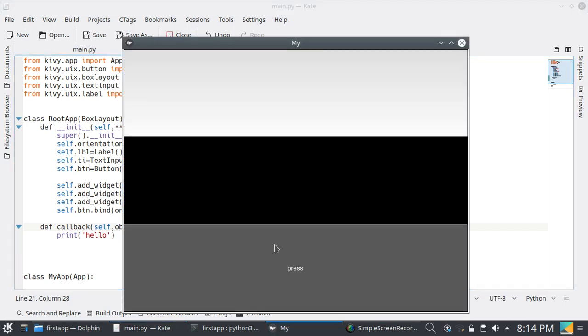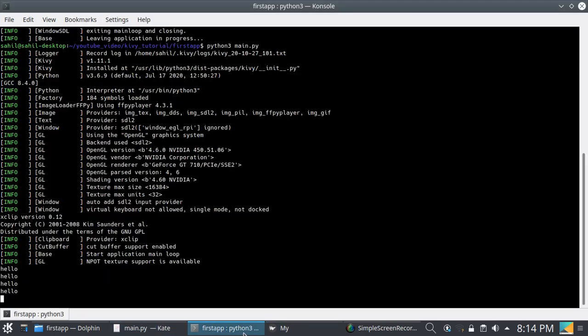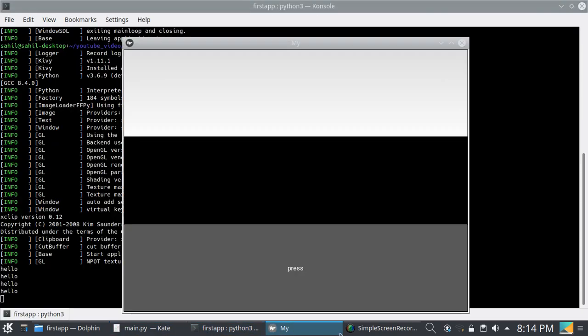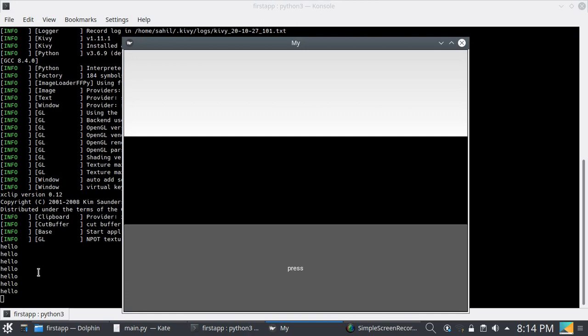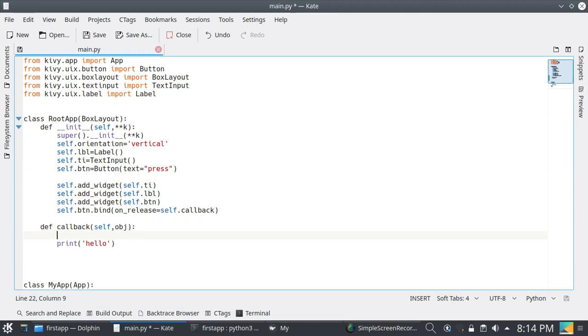So this button is calling this function or method. Let's connect this text input and label with this callback method.